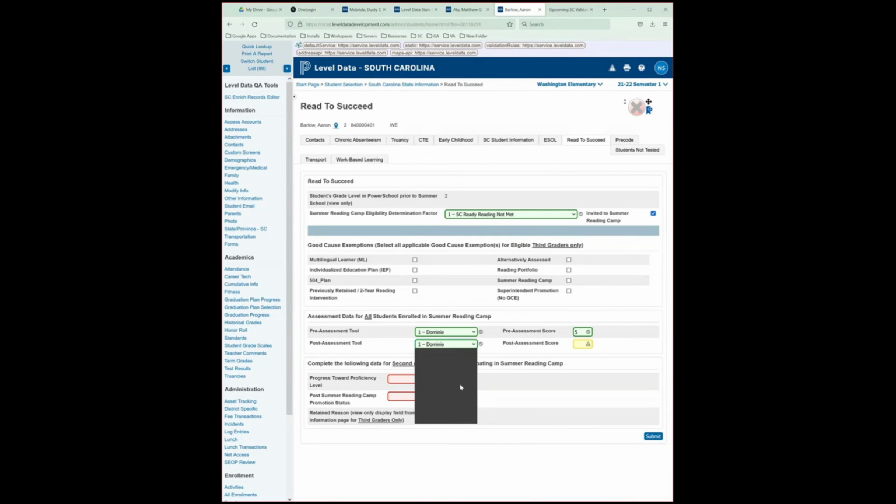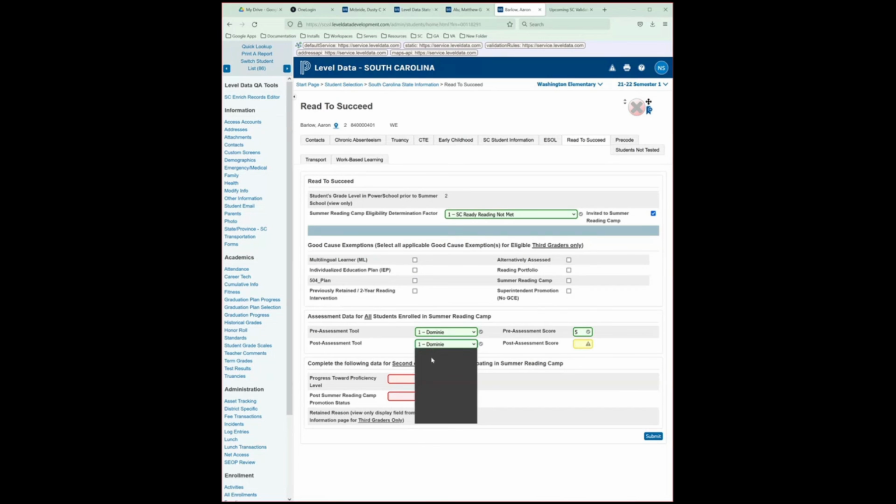Note that if the post-assessment tool does not match the pre-assessment tool, it will flag an error because the post-assessment must match the same tool that was used for pre-assessment. Again, with the post-assessment score, because you might not have that information right away, we flagged it as a warning, just as a reminder that since the post-assessment tool is a value from 1 to 6, a score is needed.